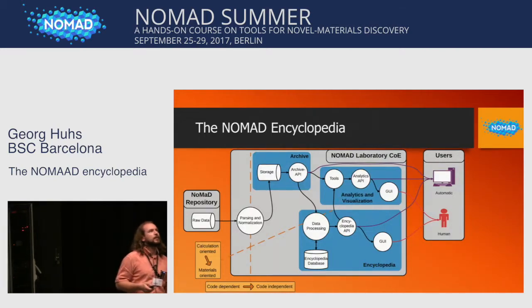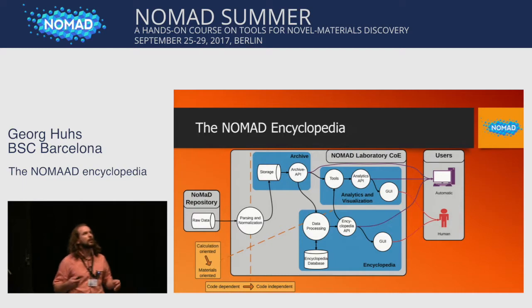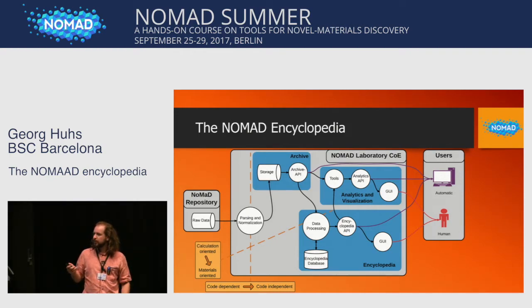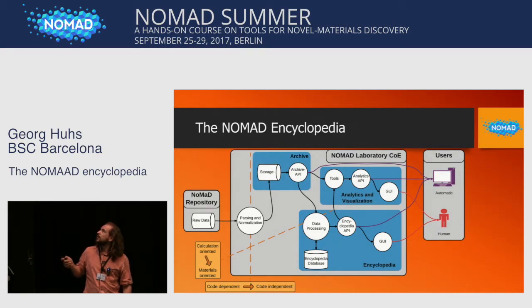Let's get a bit more technical about the encyclopedia. You saw a lot about the concepts and what we want to do, and also the process, how we get there. I'd like to show you a few aspects of the internals. So this is kind of the general data flow in the NOMAD laboratory. So the repository existed already before. Now it's also part of the